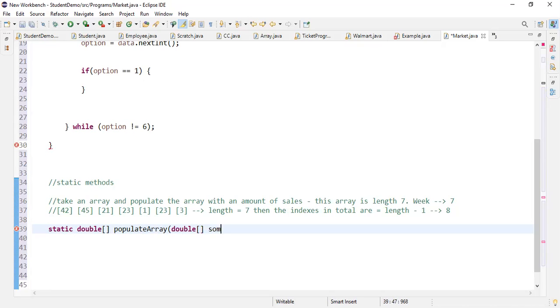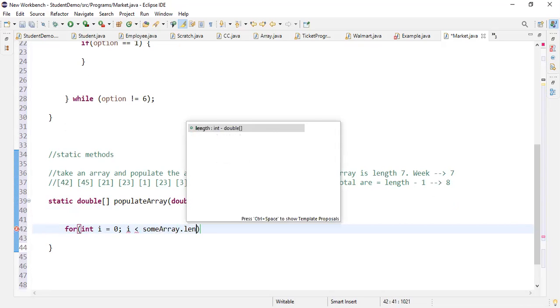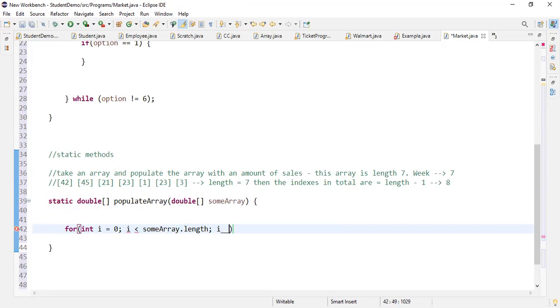It's going to take in some array. And when it does take in some array, we want to populate the array. So in order to do that, we're going to actually iterate through the empty elements